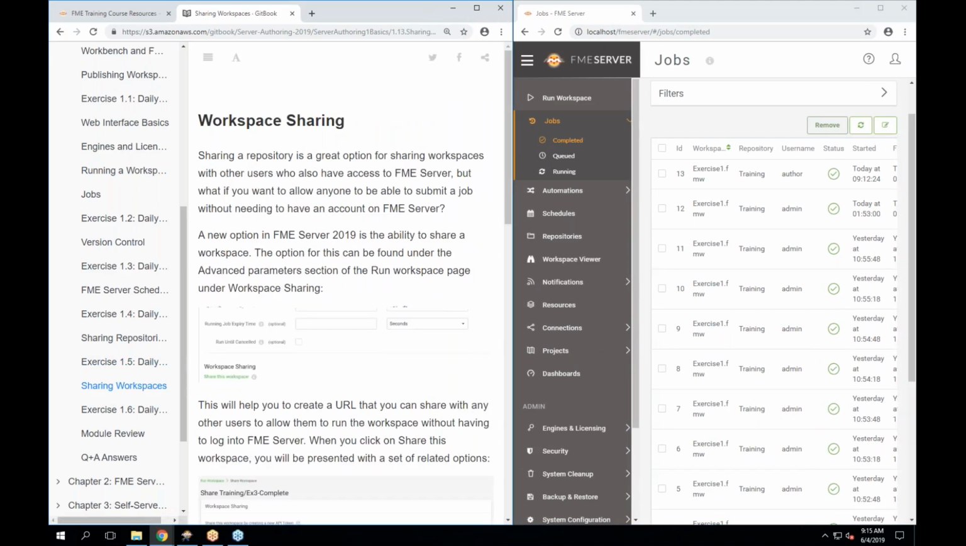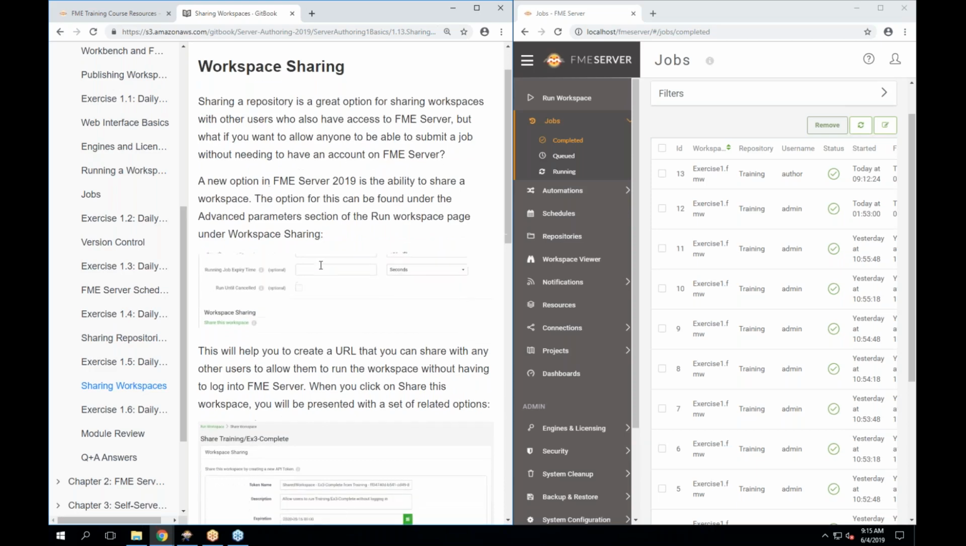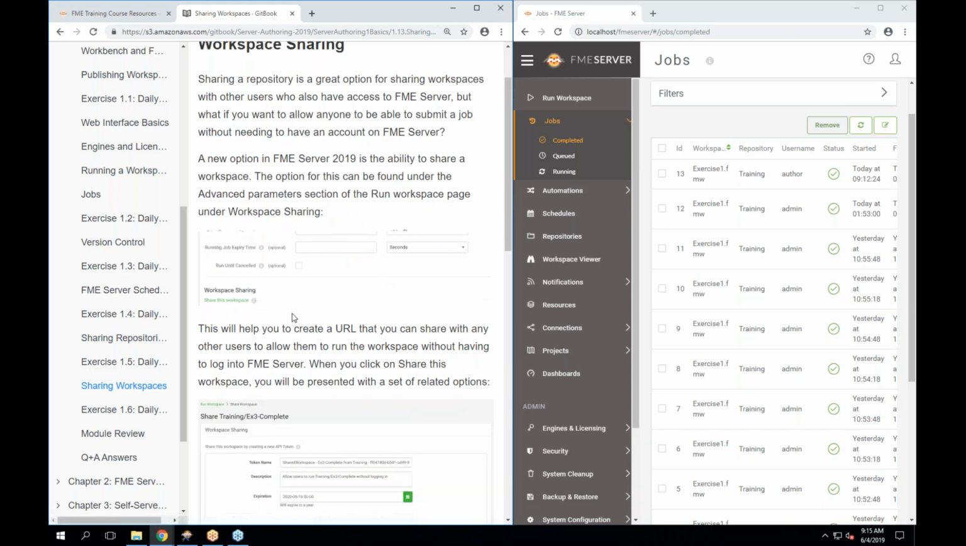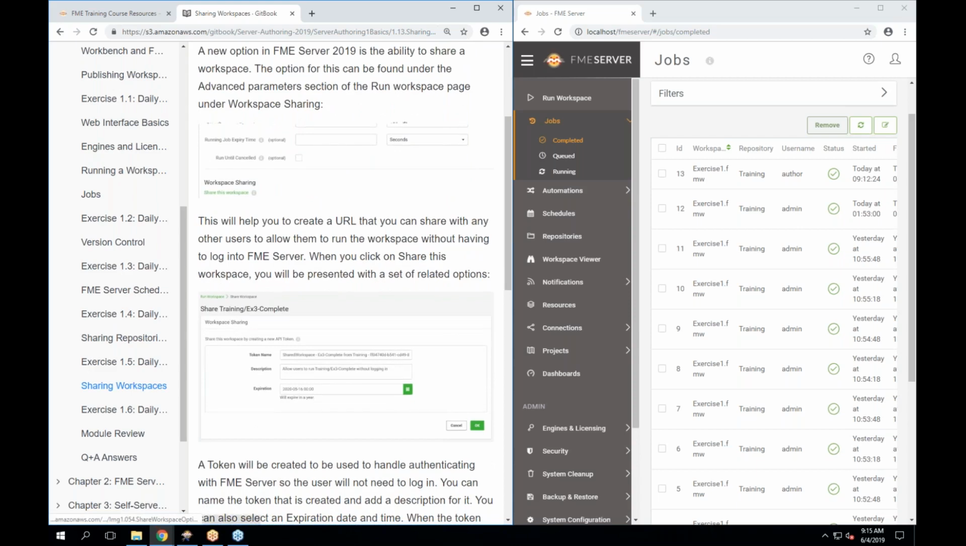So this is using a brand new option for FME Server 2019. So in the past, it was a little tricky to be able to share workspaces with people who didn't have an FME Server account. So this new option is found under the Advanced section when you go to Run a Workspace. You'll see a section called Workspace Sharing. And it'll basically take you through a few steps in order to configure that. So it'll help you create a URL that you could then share with other users to let them run workspaces